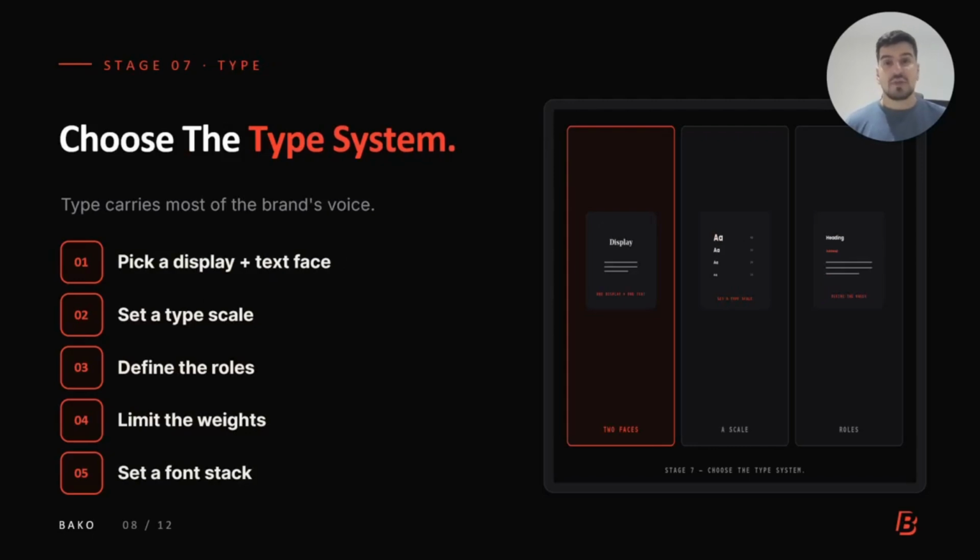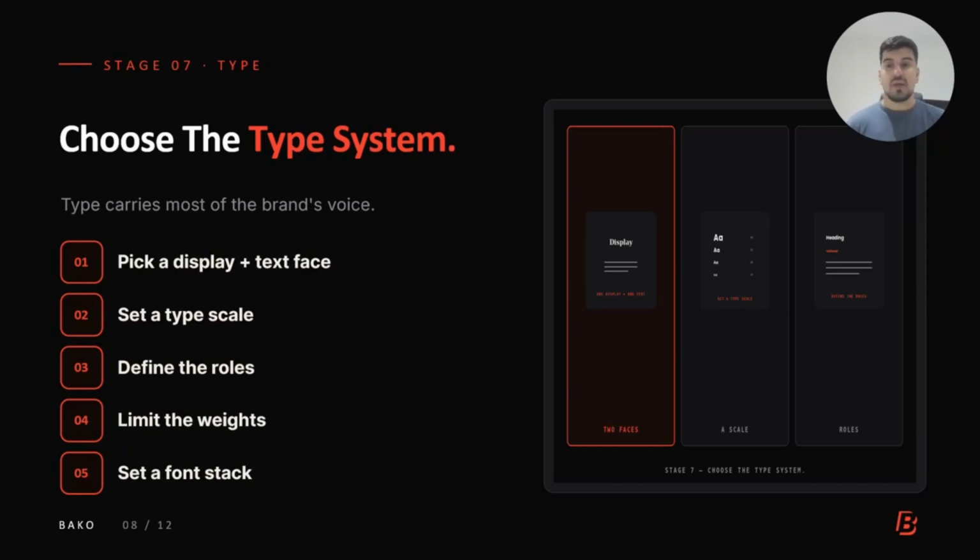The next stage of this process is the type stage. And this is where you want to choose an appropriate font and typeface for that brand. Whether you need to customize it, or work on one that's solidly built and just turn it to perfection. Pick one that is used for the headings and the big fonts and the logo font as well. And then you need to pick a subtext and a subheading as well. So whether you want to go with a bold version and then go with a normal version of that same typeface. So first, pick a display and text face,